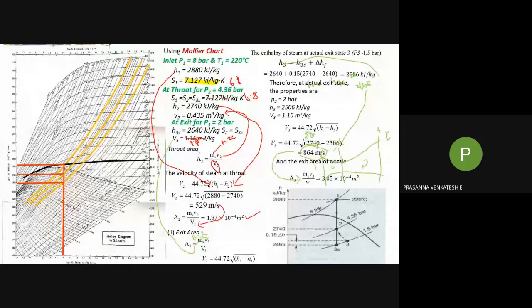2880. Okay, what answer do you get? Sir, 670. Okay, 670 meter per second, right? From that you can find out the area value, and actually in our problem they asked for the diameter. So if you have the area, we can find out the diameter. Area is equal to pi by 4 d square. With the area value, by simple mathematical substitution you can find out the diameter. Okay, that's it.